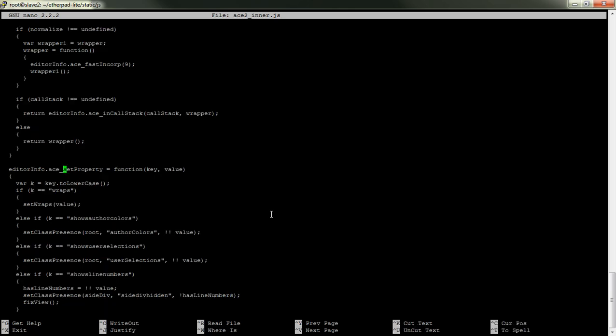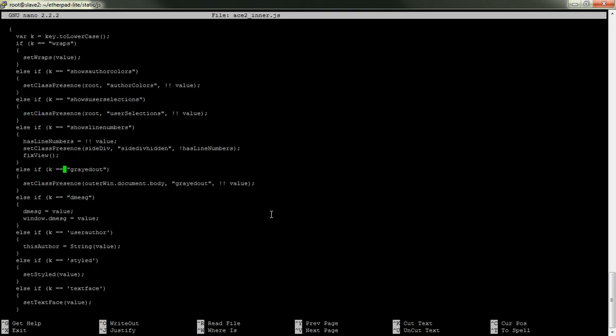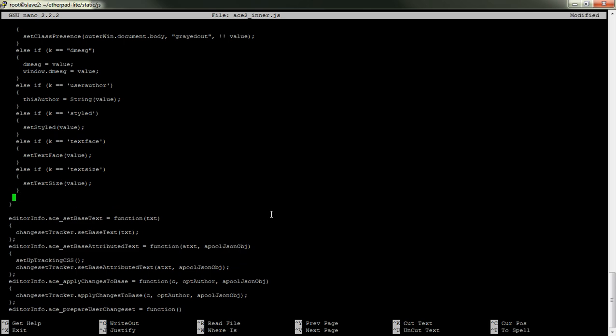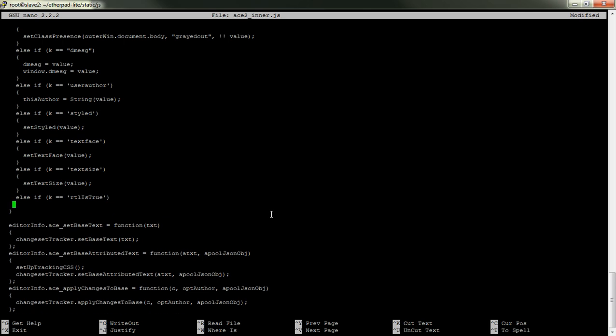Sorry, it's set property. Okay. So you'll see here, K is a key, funnily enough, and you've got all these different things. So we're going to say else if K equals, and we called it RTL is true, then,